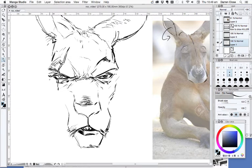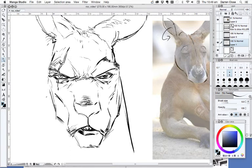Generally I put a little cheekbone, because kangaroos, and in particular Killeroo, have a different facial structure. They have this nice sort of round edge. I find that softens him a little bit too much, so I'll generally put a harder edge to the chin, and I always give him a nice thick neck, almost like a tree trunk. It gives him a